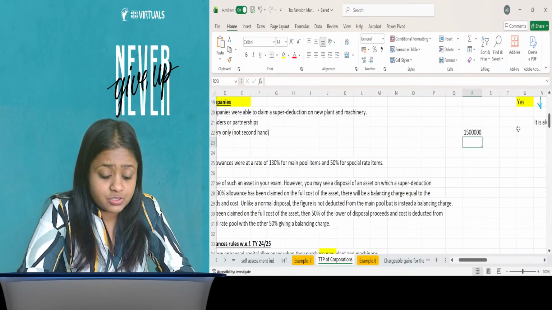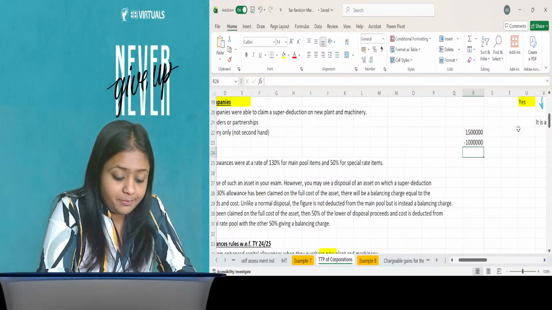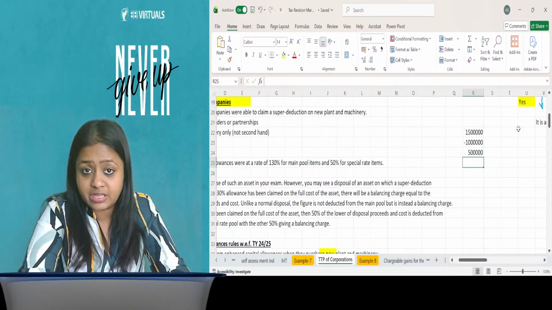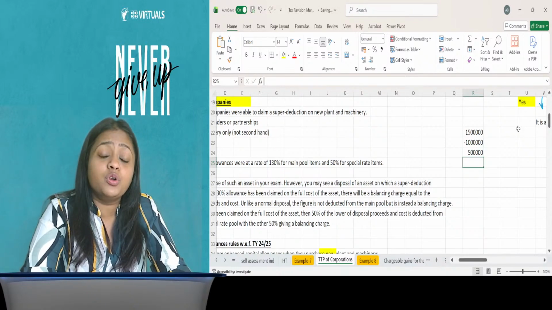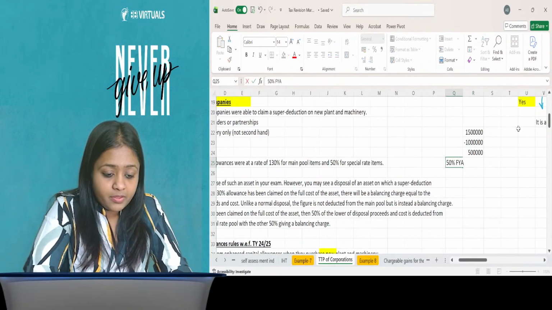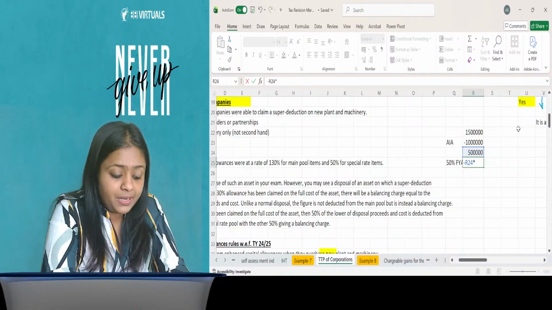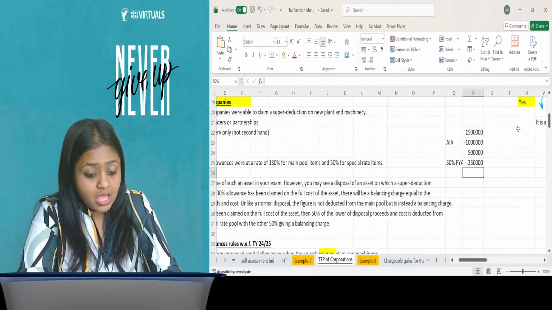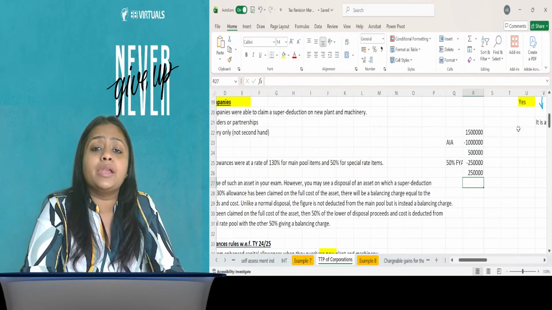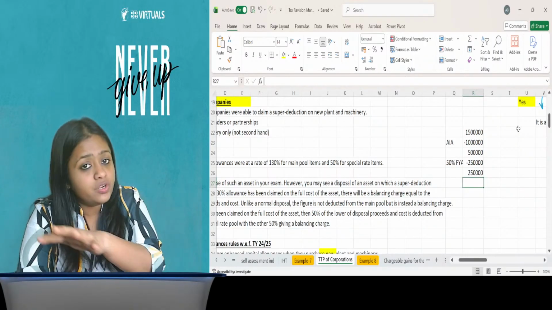Now from 1,500,000, I gave 10,000 of AIA. Now what am I left with? I'm still left with a special rate pool plant and machinery value of 500,000. As per the rule that we followed till 31st March 23, 50% FIA was available. That means again an allowance only. And this 50% FIA would mean that you would simply take 50% and add it to the allowances. And the remaining 50%, that is here 250,000, will be added to the special rate pool after WDA, because on this value in this year you will not receive WDA.